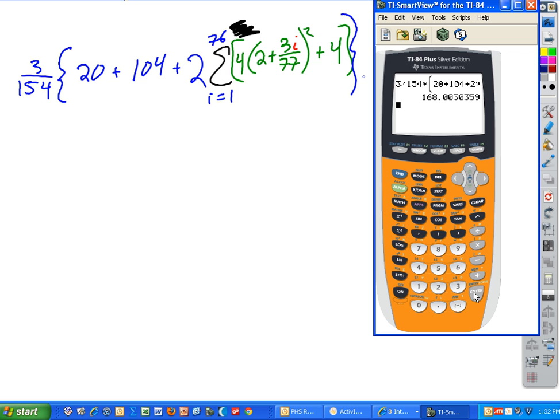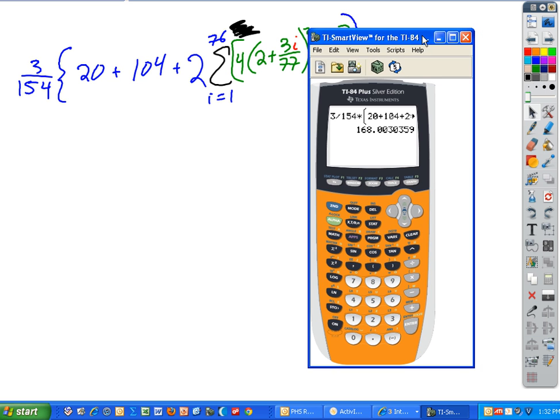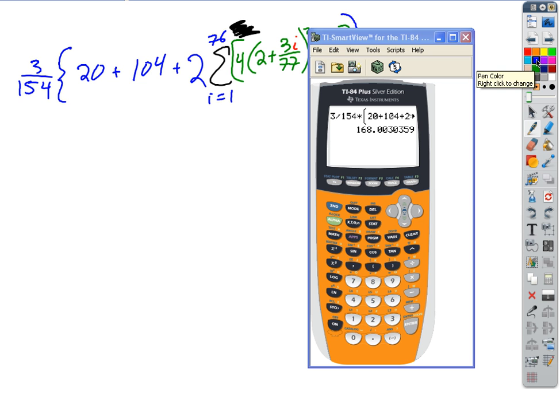You made 5 minutes. Okay, so now they wanted this rounded to how many places? 4. Okay, say it was 4. So our answer then, to 4 places, was 168.0030, right? You don't have to put that 0. So now, if we want to get the actual answer, just to compare, we can do that pretty